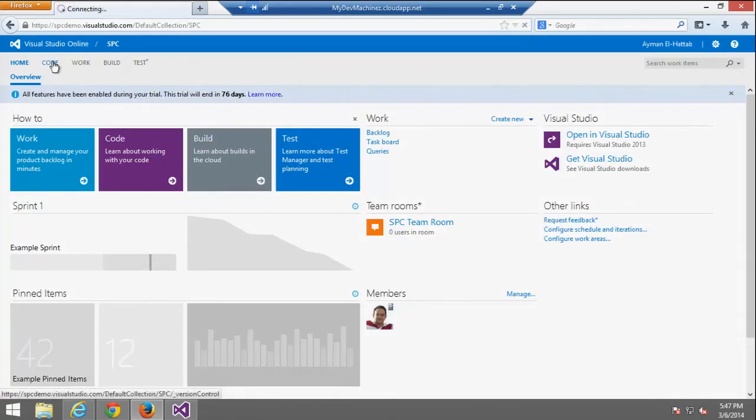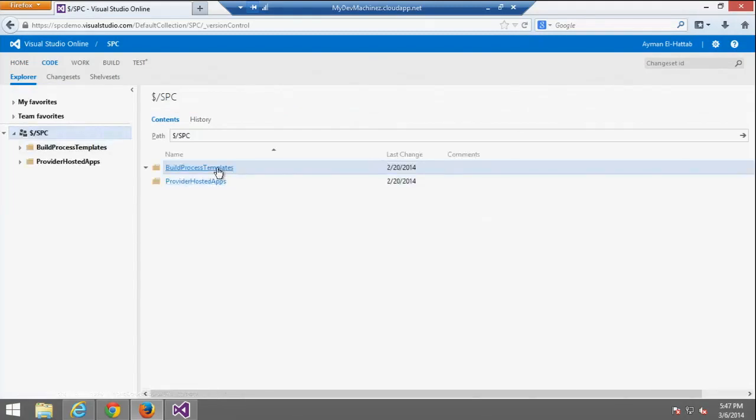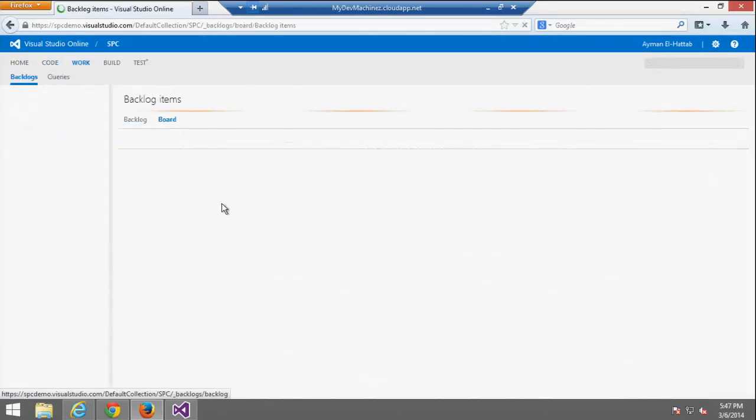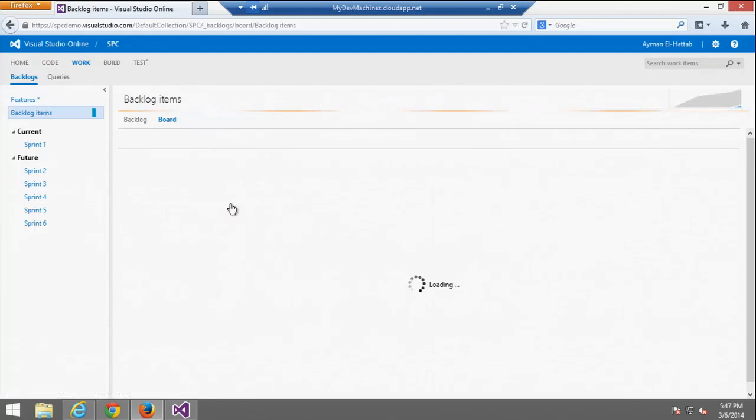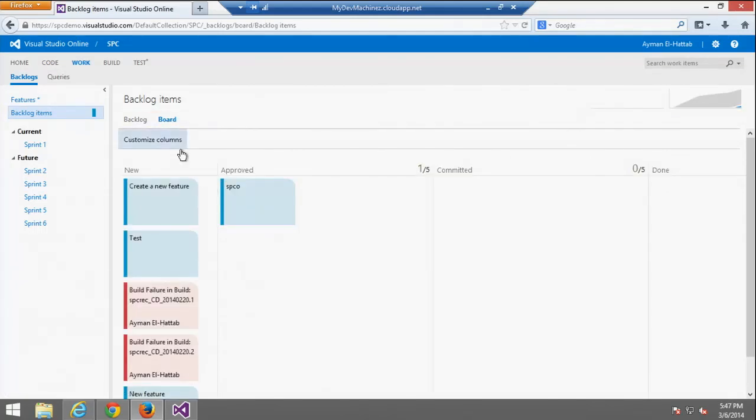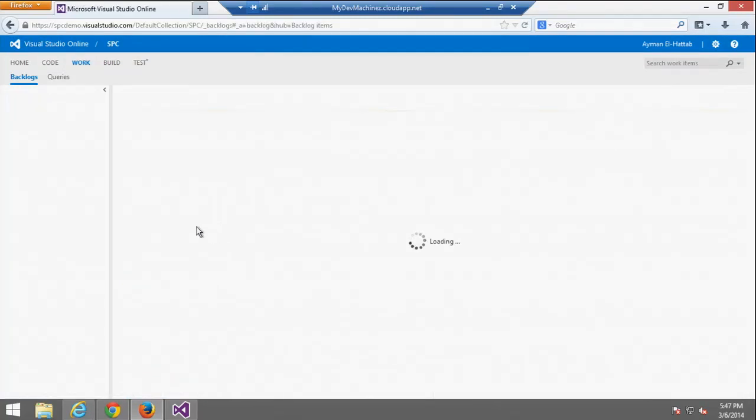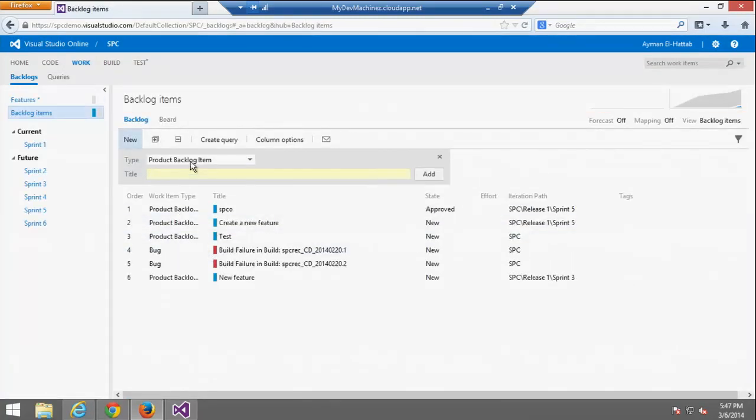You can start exploring the code, checking the history of the code, comparing different versions. You can organize your work items from here. You can create new work items. Here's the board. Here's the backlog view. You can create new product backlog items or move them between sprints.